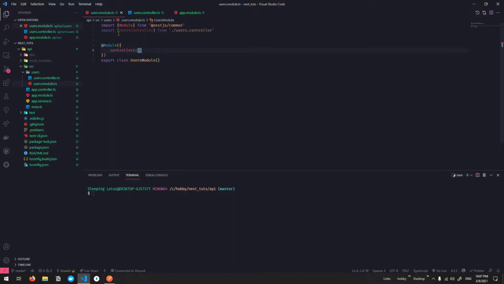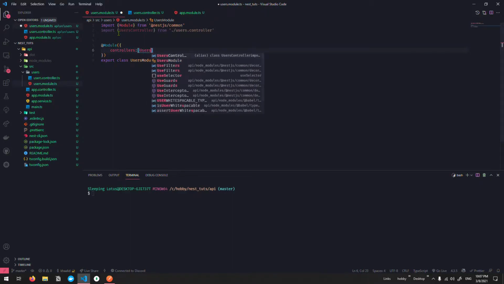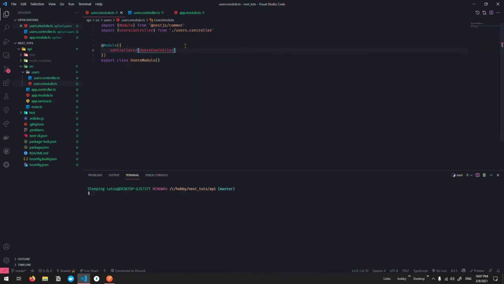So this is an array, right? So we'll put UsersController. If you notice, since it's an array, that means we assume that you could add a list of controllers. So that's why the name is controllers, and that's why it is an array. So we could add a list of controllers. So after registering, now the users module knows that there is a controller, but we haven't finished yet, because if you notice the